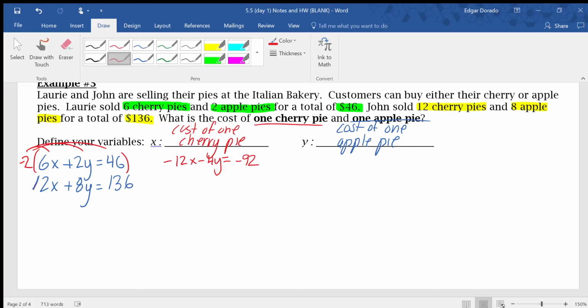And then my other equation would be exactly the same. There was no need to change it. Okay, now I can go ahead and add my columns. These, if I add them, will just turn into 0, so they cancel each other out. Negative 4y plus 8y is a positive 4y. And then negative 92 plus 136, if I am not mistaken, that is a 46,